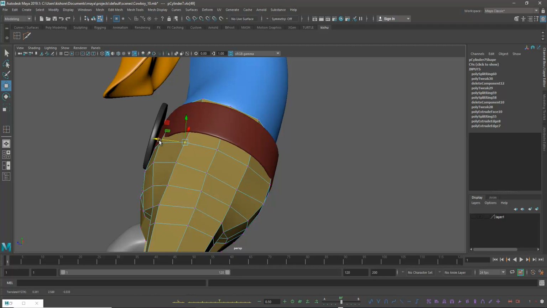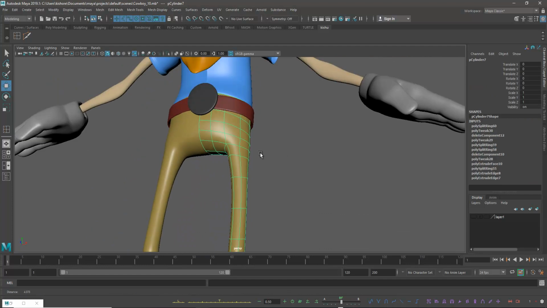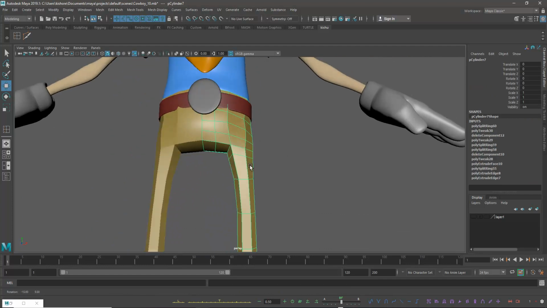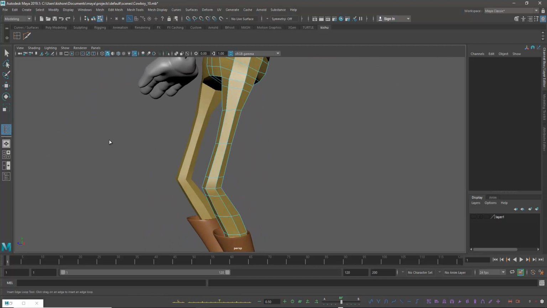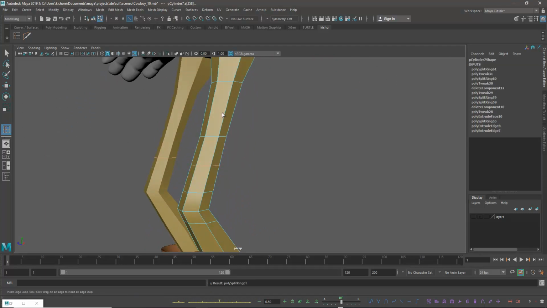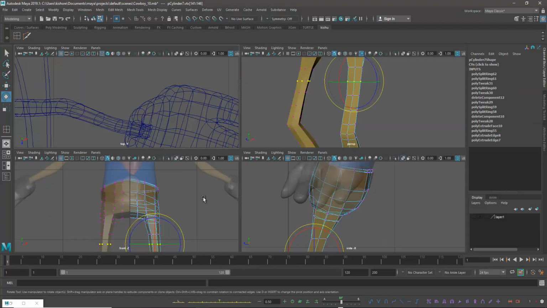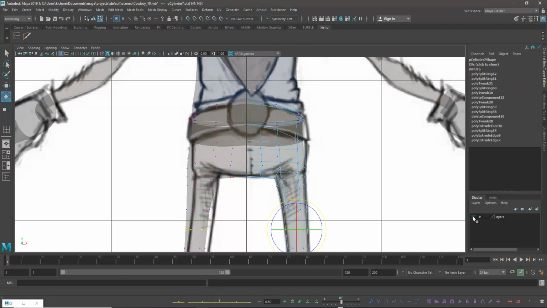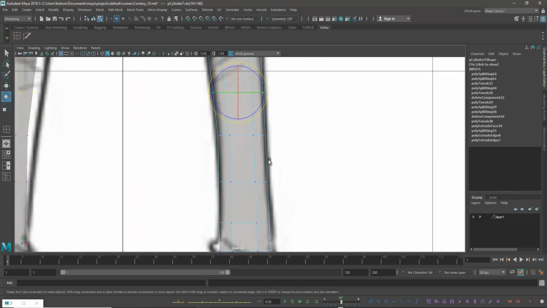Just see whether, so make sure when you are doing this, you have to consider the rigging also, whether it is flexible for rigging or not in the particular area.